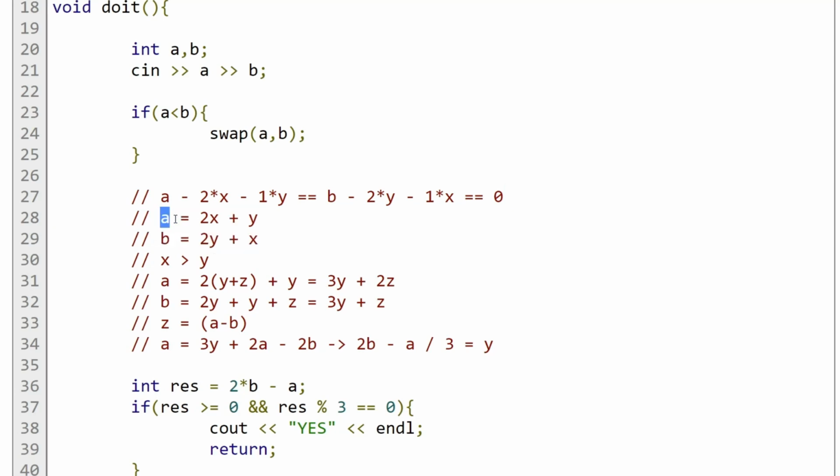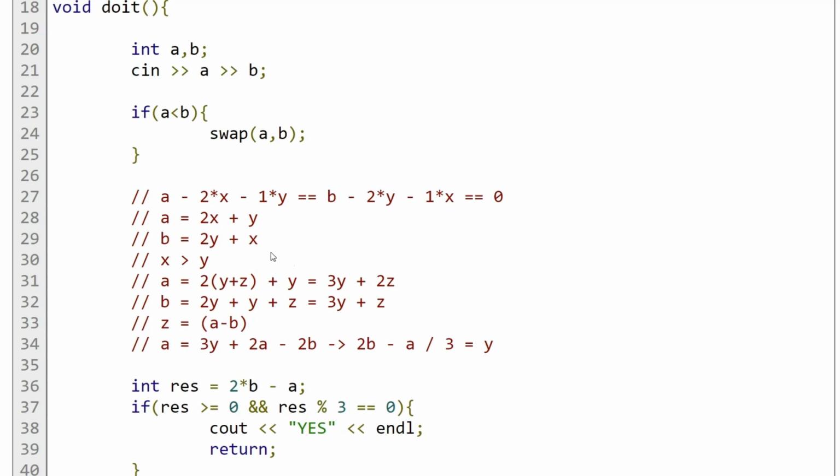So a will be equal to 2 times x plus y, okay? That's why it will become equal to 0 essentially. So if we move this to the right hand side, to the zero part side, we get this equation here. Same goes for b. If we move this part to the right hand side, we will get that b equals 2 times y